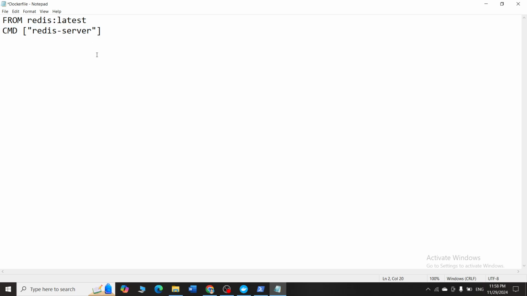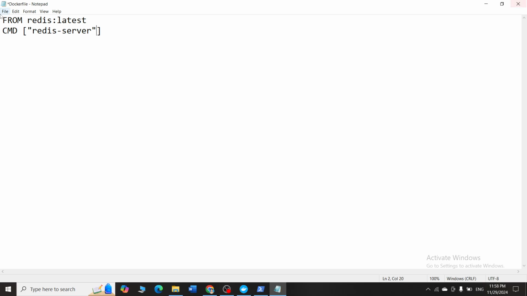In the previous session, we pulled an existing image called Redis. When you pull an image, along with that image you get a pre-written Docker file written by somebody else. Now I am not getting that image. I am telling my Docker to only get the Redis application, and I will write my own Docker file.